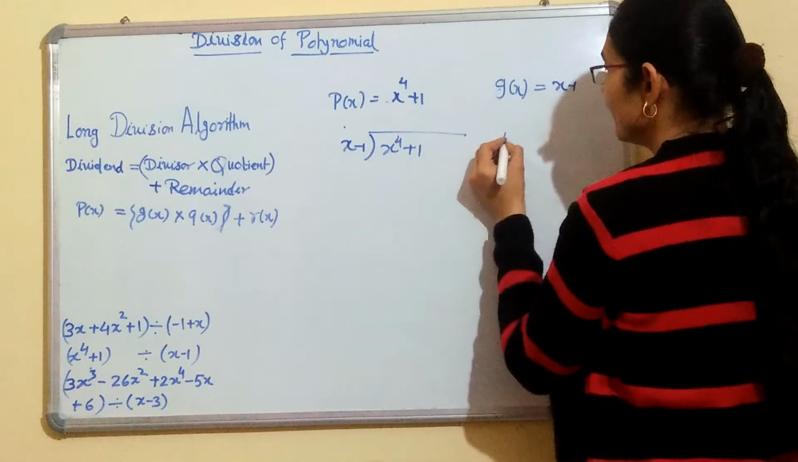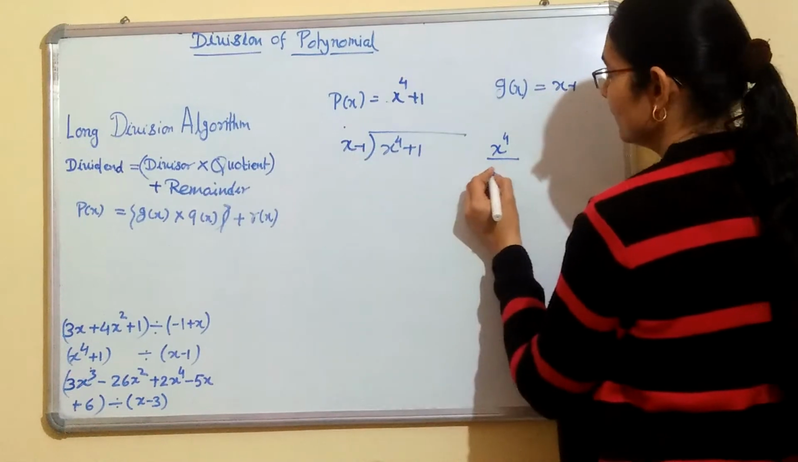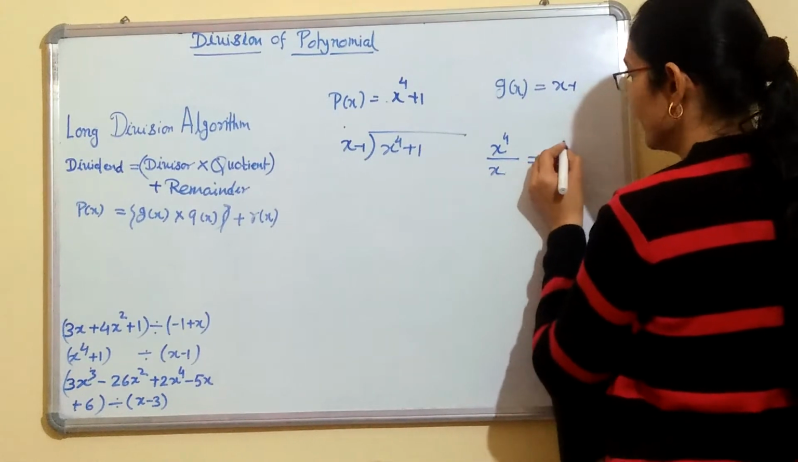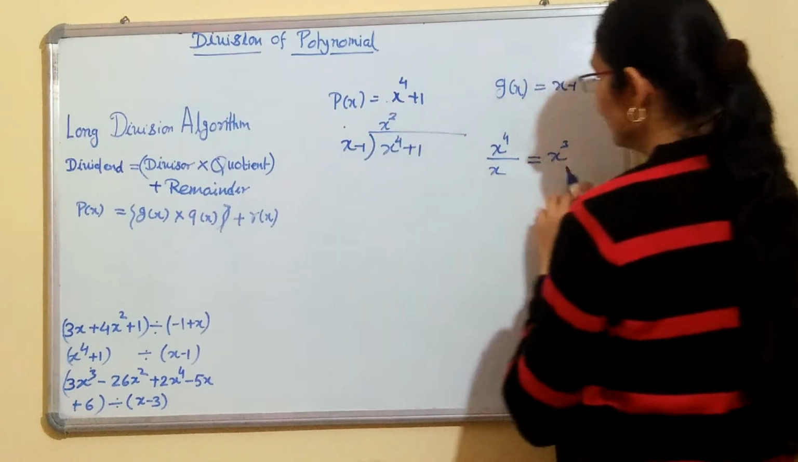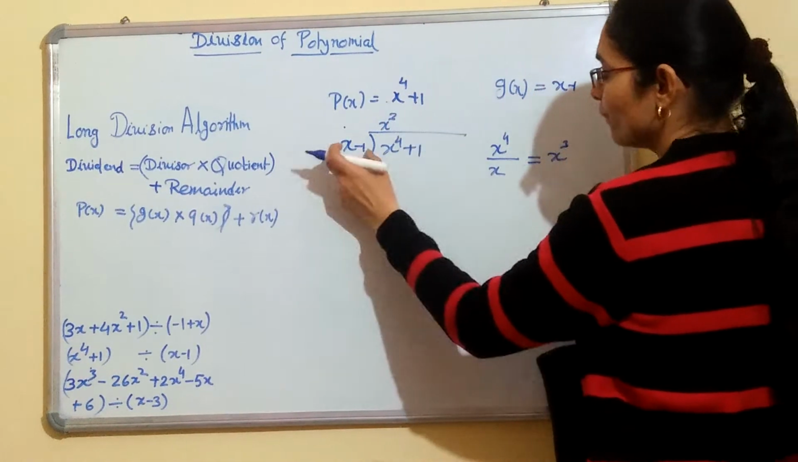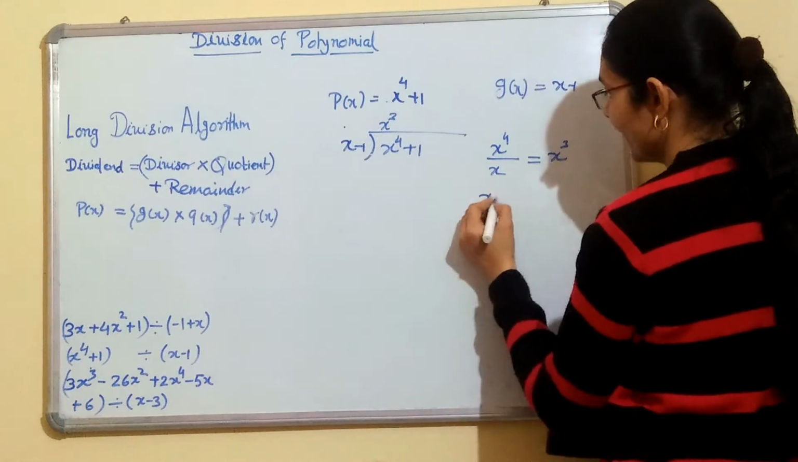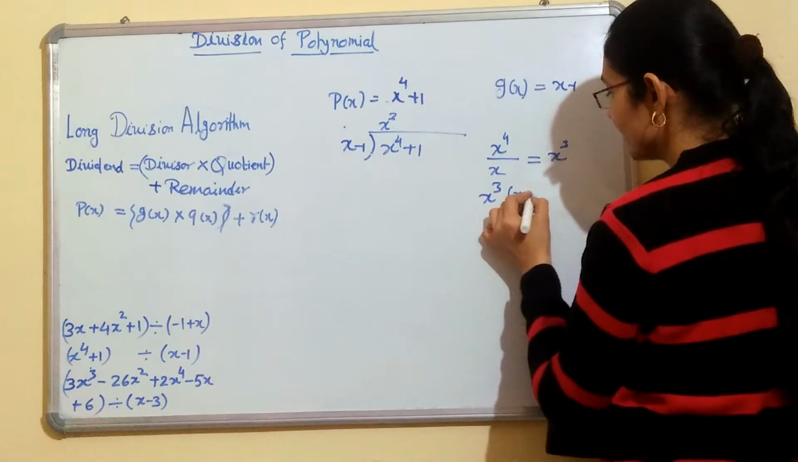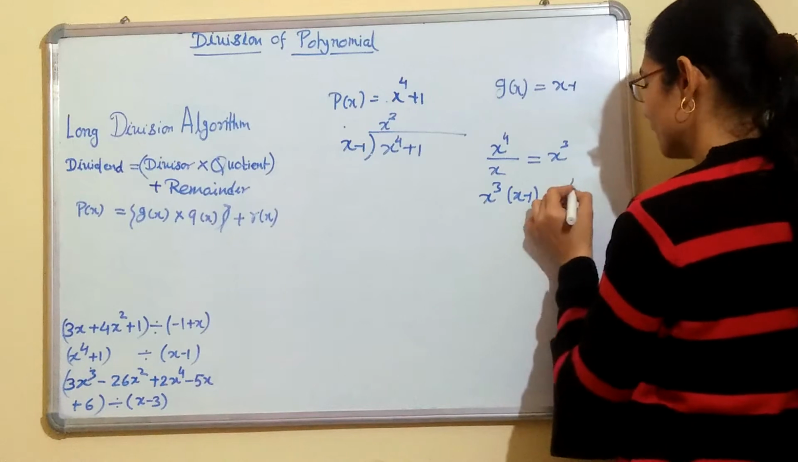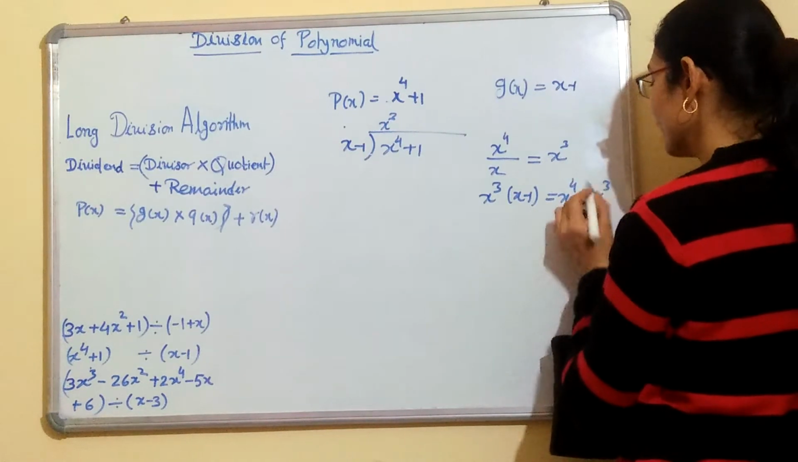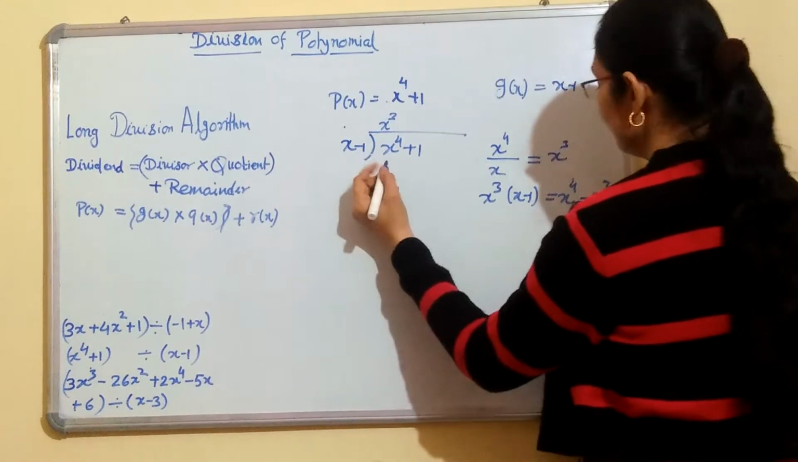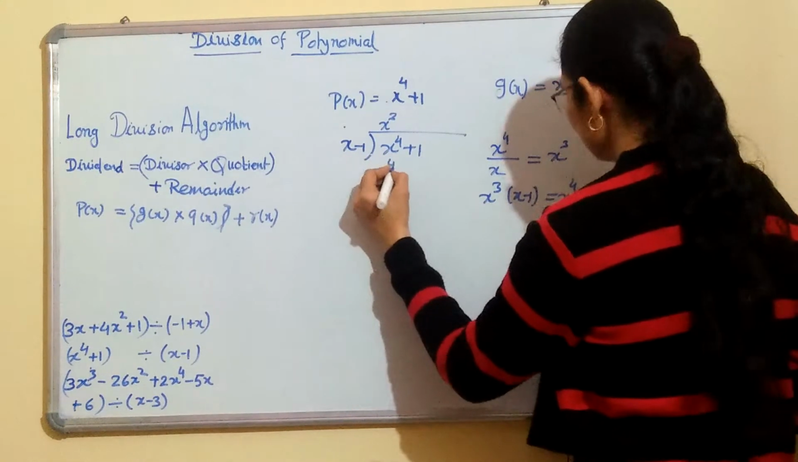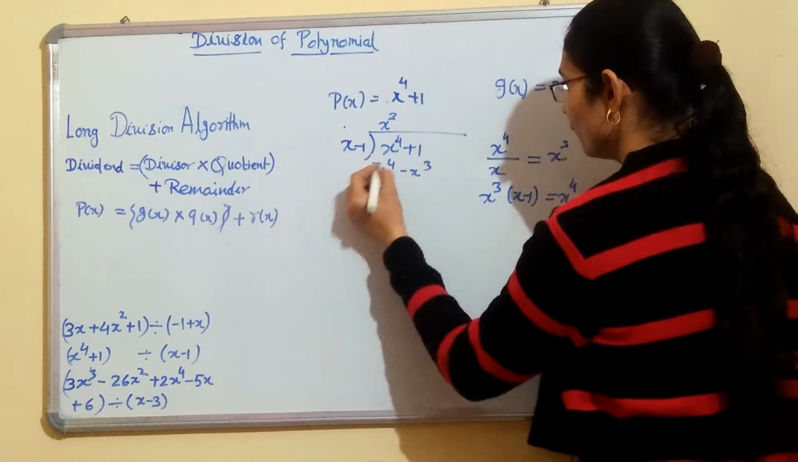Now again the same method, divide the first term of the dividend by the first term of the divisor. So we get x cube. This is the first term of the quotient. Now multiply x cube with the whole divisor. So x cube into x minus 1 is equal to x to the power 4 minus x cube. Subtract this from the dividend, x to the power 4 minus x cube. We get